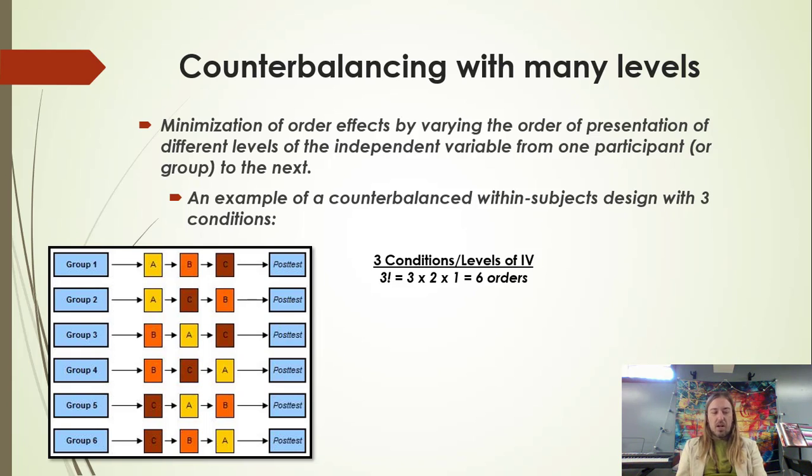When instead of just measuring how a video affects it and how a homework assignment affects it, what if it was a video, a homework assignment, some flashcards, and a game we played? We had four of those. What if we had six of those? Again, the more conditions you have, the more different ways you'll have to reorganize them in order to counterbalance them. So if you look at this example here, if we had three conditions, so just three